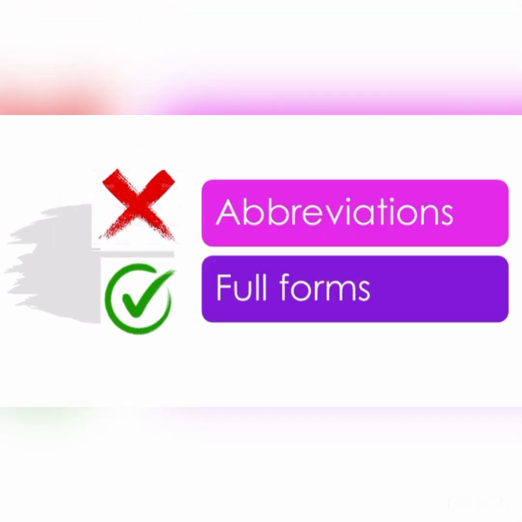Abbreviations like bro for brother, or prof for professor, or tsp for teaspoon, all these are common abbreviations, and you have to use full forms in your academic writing paper. You are not texting somebody, but you are writing something serious, so you need to give the full forms. For example, professor, or you don't have to say ASAP, you have to say as soon as possible. Or DIY, you have to say do it yourself, not DIY. So all these are common abbreviations, but you can't use all these abbreviations in your academic writing.